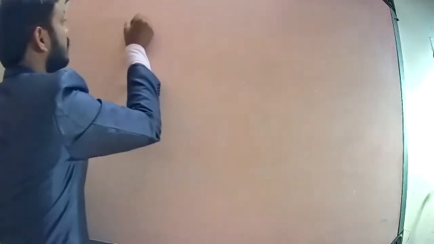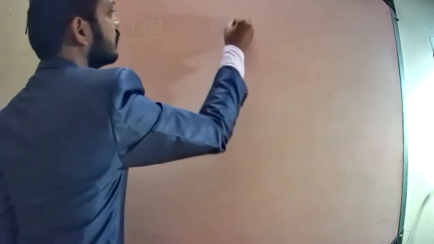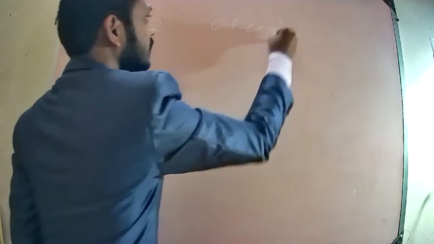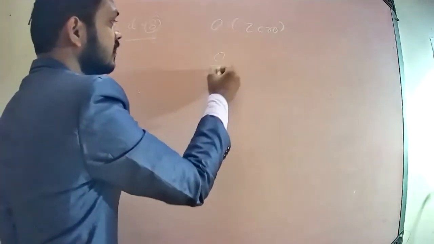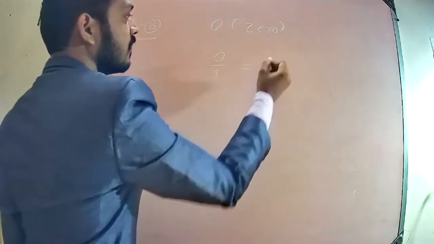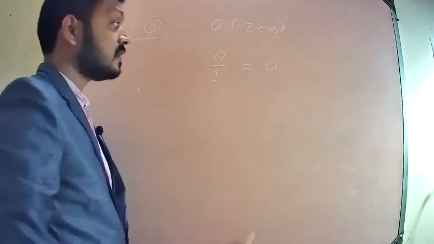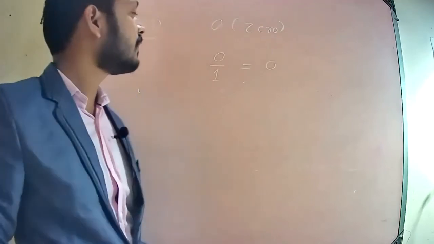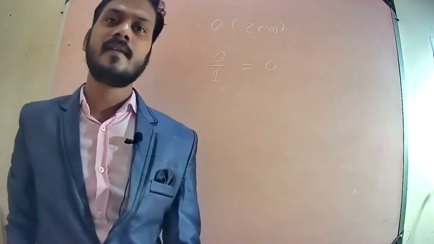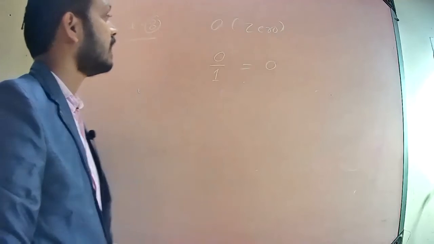Question number 8. Is 0 a rational number or not? Yes. Okay, reply to me. Is 0 a rational number or not? Yes, everyone says yes. Why? Because we can write 0/1 equal to 0. Yes or no? इसके डिनोमिनेटर में हम 1 लिख सकते हैं कि नहीं? बिल्कुल कंफर्म. Why not? Because 1 is present everywhere, so we can write it as a rational number.